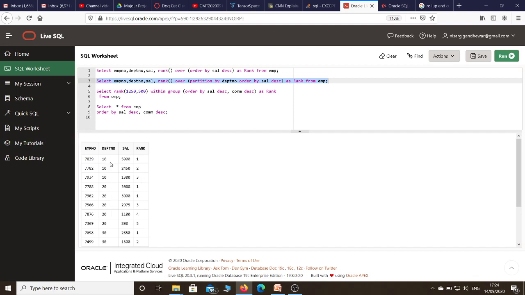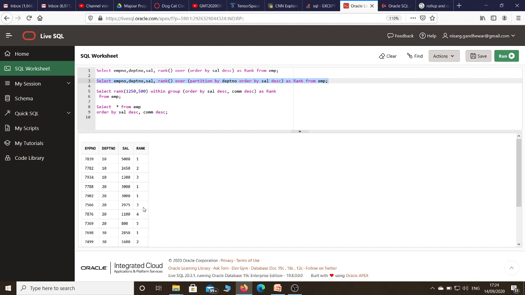In the case of department number 10, 5000 is the highest salary, that's why it is rank 1. 2450 is the second highest, that's why 1300 is 3. So there is no problem in department number 10, but there is a problem in department number 20. Here you can see rank 1 is assigned to 2 rows because the salary is 3000, but after that there is another employee who is getting salary 2975, so his rank is 3, not 2.